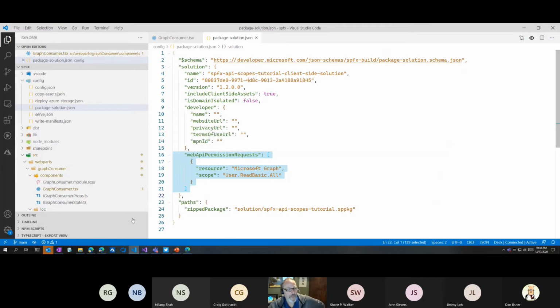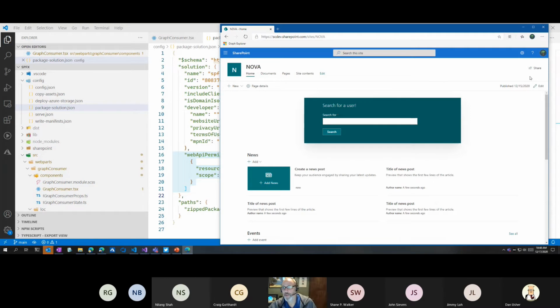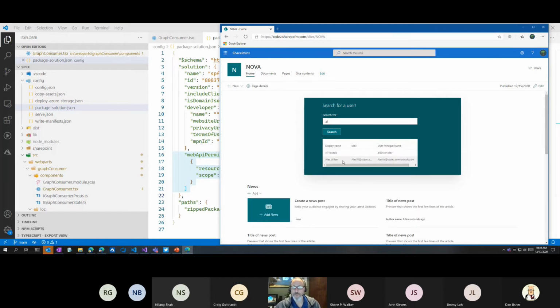Okay. Now, I will switch over to SharePoint, where I've already logged in. This is this application, and if things are working today, I can do a search and processing, and boom, there we go. So my tenant has two users that start with Alex and Avocado. So we're good to go there, right? That's the idea here. Really pretty simple.